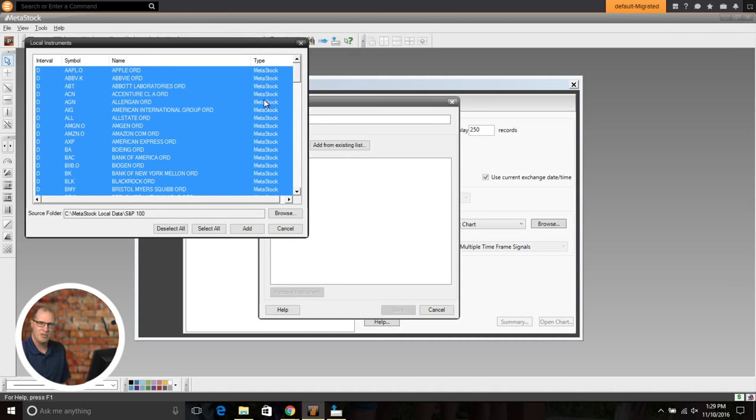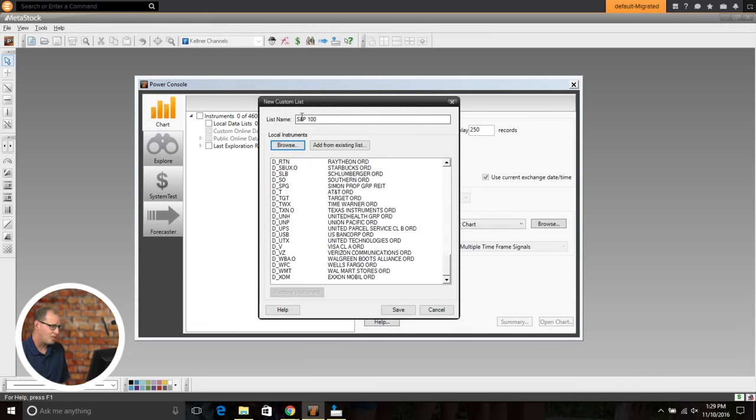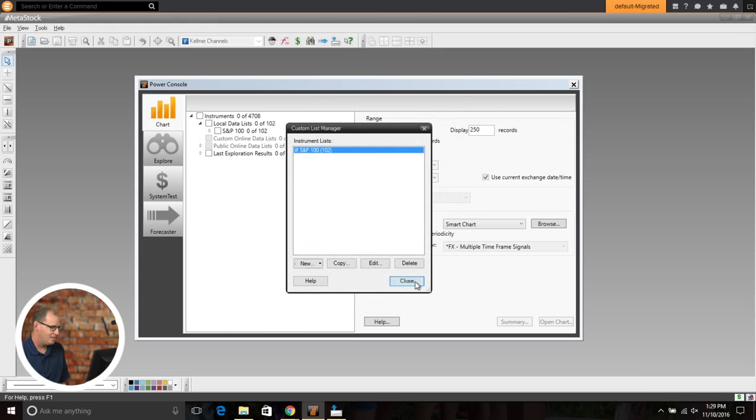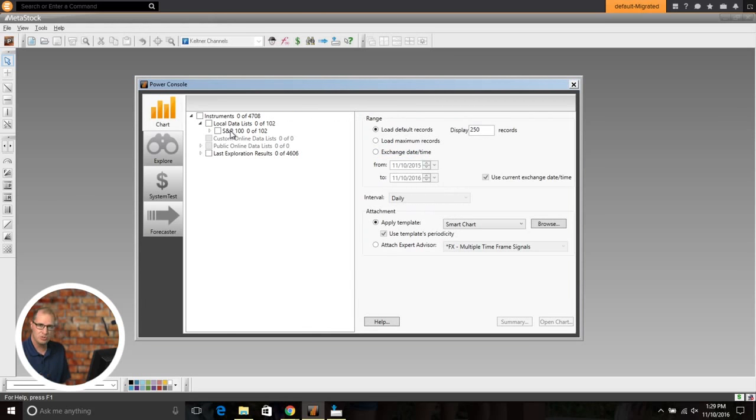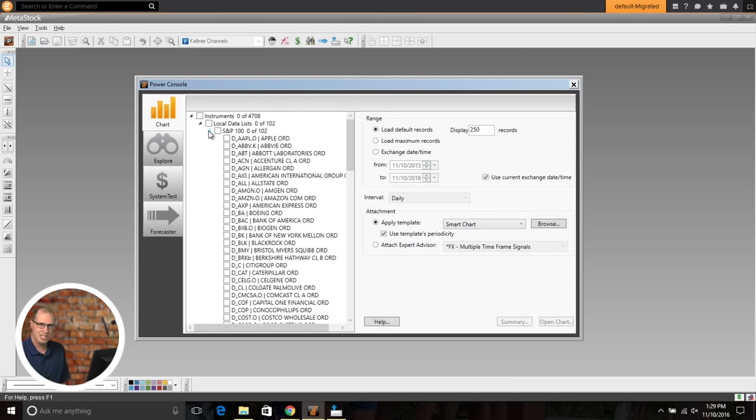Now you see this type over here, it'll tell you what type of data you're using. Right now it says MetaStock, which is the newest file format. If they were in CSV, it would say CSV. If it was in the legacy file format, it would say legacy. So you can see how it can read all of those. So once they're all selected, just click OK. You see it brings in the S&P 100 file folder there. Click Save. And now I have that local data ready in MetaStock so I can pull up charts with it. Now the easiest way to do it, we just expand that folder, just select the first one in the list, open up my chart,